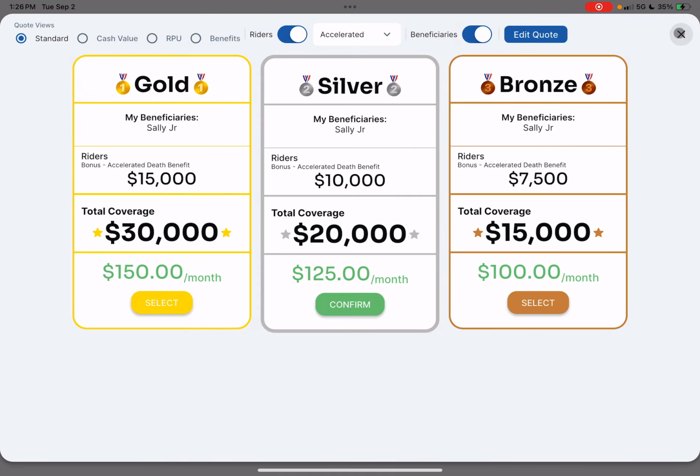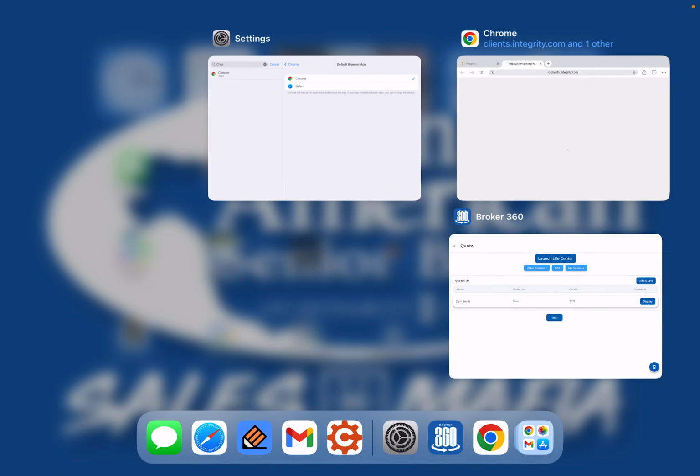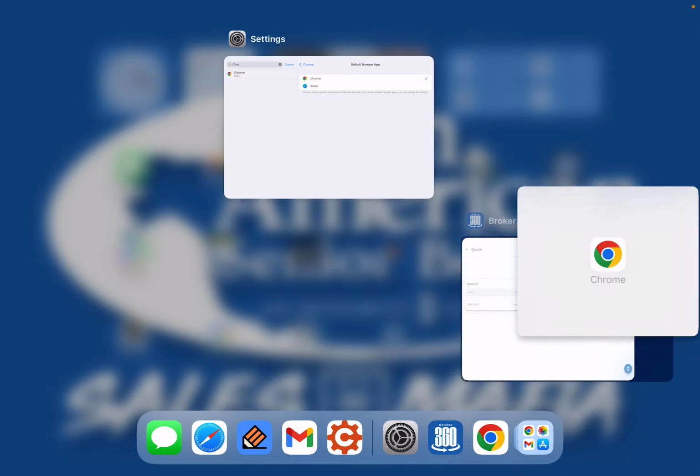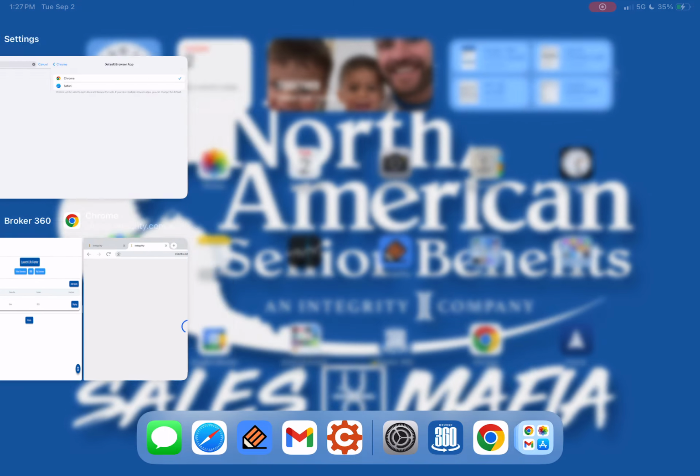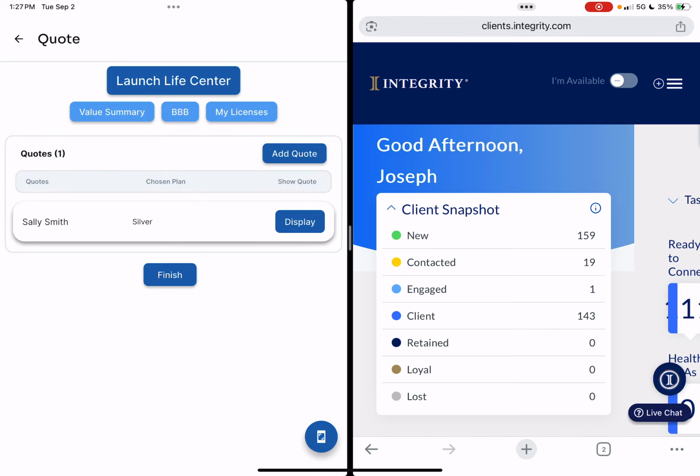So what that's going to look like is if you come into launching Life Center, it's going to pull it up right here on Google Chrome. And while that's loading, I will swipe up with my finger and drag it down into split screen mode with Broker 360. So I will therefore log into Life Center, and then in the top right hand corner, I can